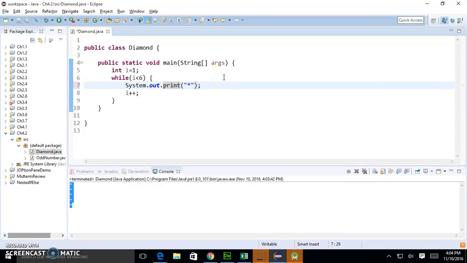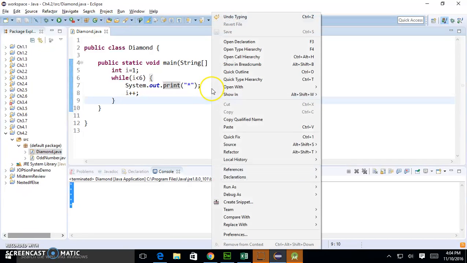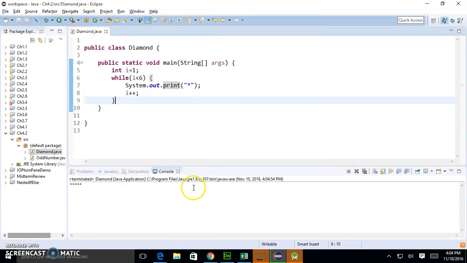If I do print instead, I'm going to run that. It's going to print that 5 times horizontally. And if I want to go to a new line,